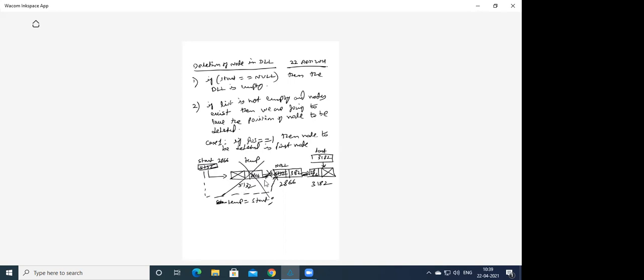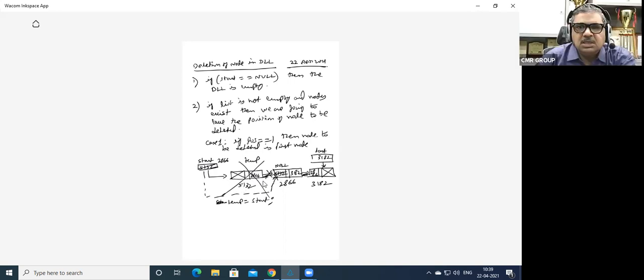Apart from that, temp arrow RPTR gives you this particular node. The LPTR of that is now actually the first node address, but it should not be the first node address, it should be null. So after doing this, you can also say start arrow LPTR is equal to null.